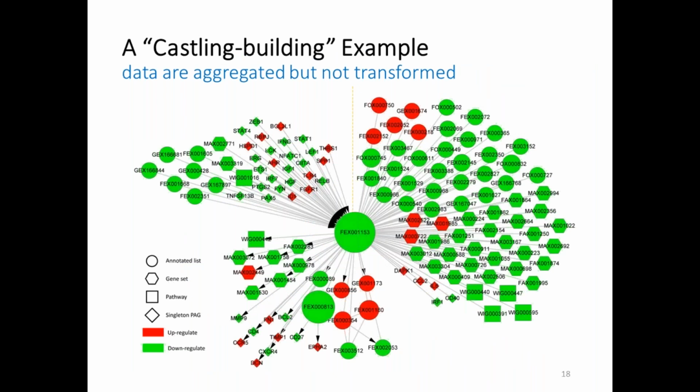In this case, each of the nodes here is actually not a single gene. It's a group of genes that we tested to be enriched using gene ontology analysis. And lots of the lines here are actually directed regulations. The ups and downs are the enriched genes in those gene ontology categories that are significantly up or down regulated, using red or green. Okay? So this is an impressive castle, and we actually published a paper and we argue this is for